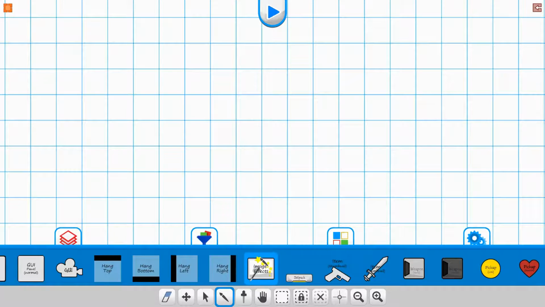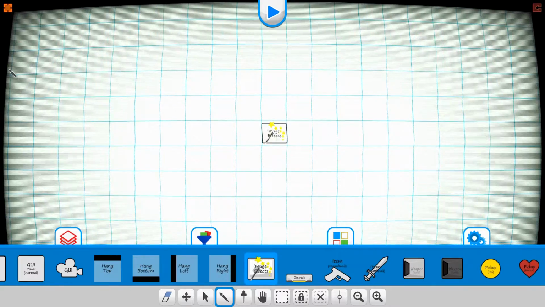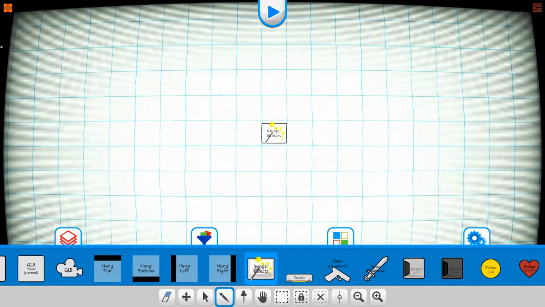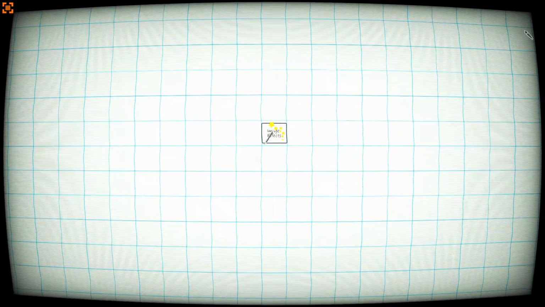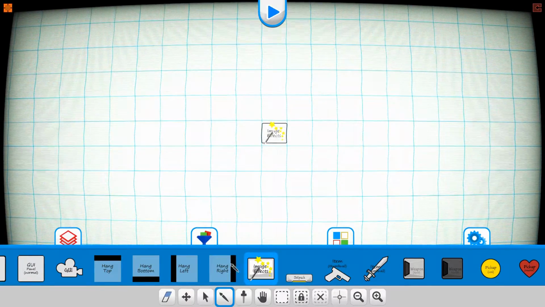Now let's go ahead and take a look at the image effects. For image effects, basically what it's going to do is create a screen effect, something that simply applies across the whole screen in the game that you're working on. As you can see, we'll go full screen here so you can see this. It's just going to apply some really neat effects that'll change the look and feel of your